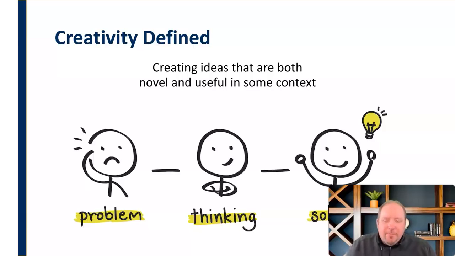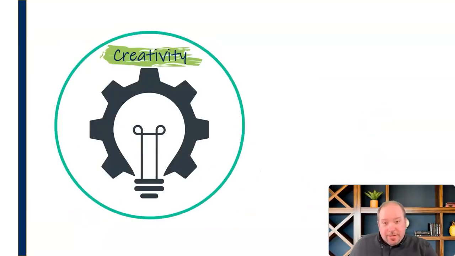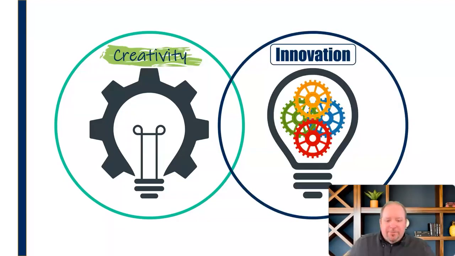Now, we want to distinguish a little bit between a couple of common terms. So first we have creativity, which is what we were just talking about, right? It's just coming up with ideas that are novel and useful. But then sometimes we refer to what we call innovation, right? And those things are related, they're connected, but innovation has to do with applying those things, taking those creative ideas and actually putting them to work, putting them into use, not just coming up with the idea. That's creativity. But innovation involves not only coming up with the idea, but then putting it into action, putting a plan into action and following through and putting that idea out into the world in reality. So that's the difference when we say creativity and innovation.